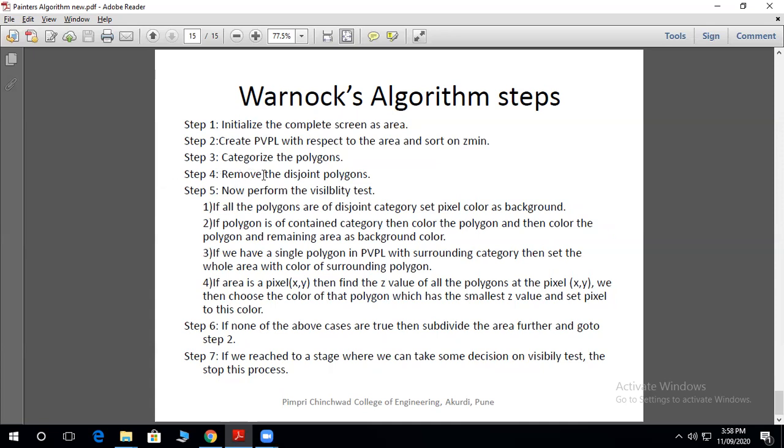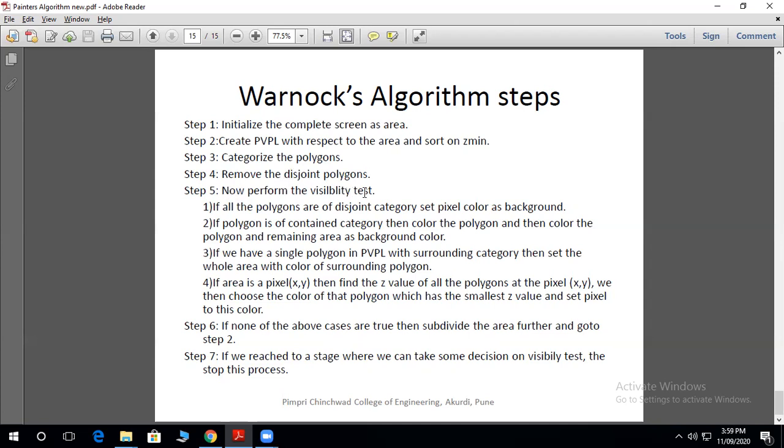So here step 4 is given. First categorize the polygons: surrounding polygon, intersecting polygon, content polygon, and disjoint polygon, and then remove the disjoint polygons, because we are not considering the disjoint polygons at all for visibility.